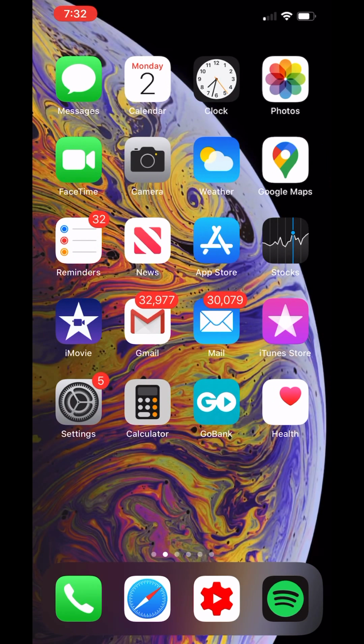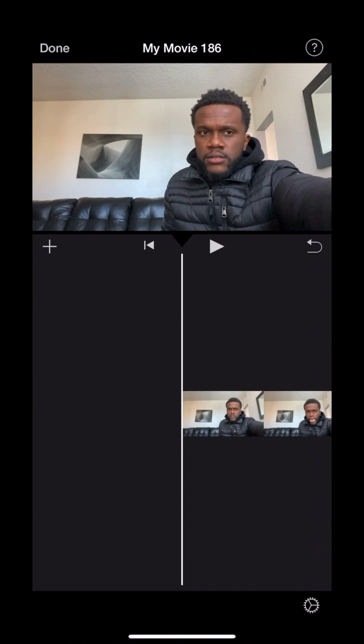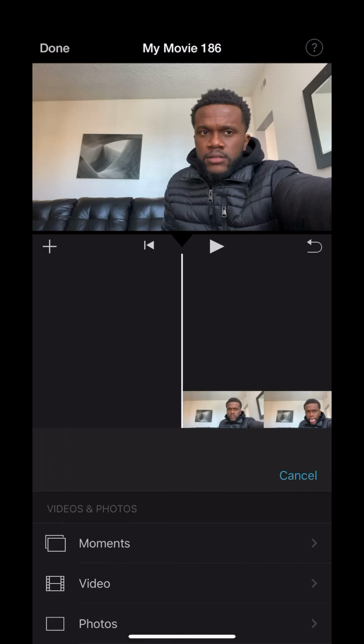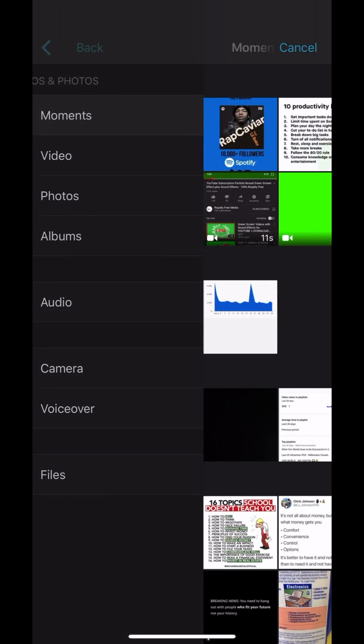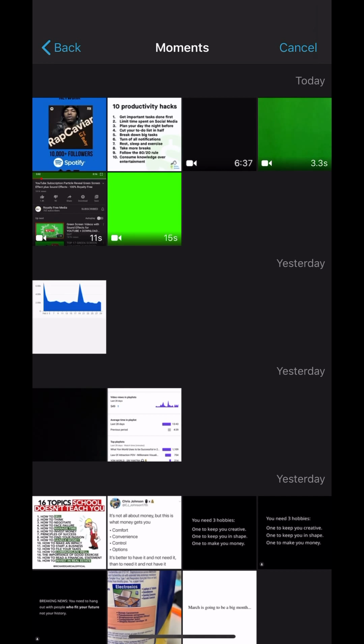Now when we go into iMovie, I already got this little clip pulled up. This was just a clip I messed up on. I'm going to show you how to add green screen from here. Now from here, you would click the plus icon, then you would go to moments, and it's sorting them by the day, yesterday, today. So at the top where it says today, you click on the newest video,